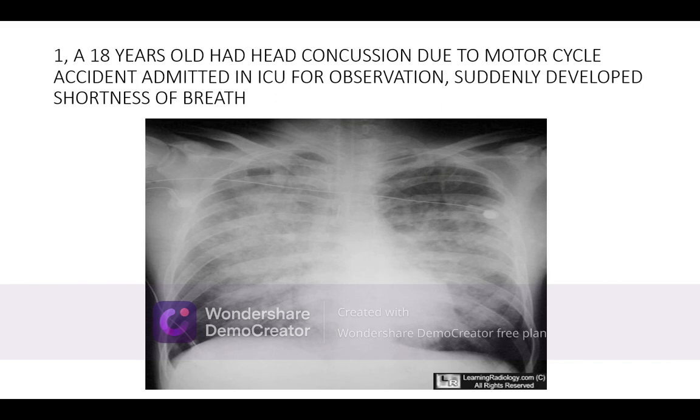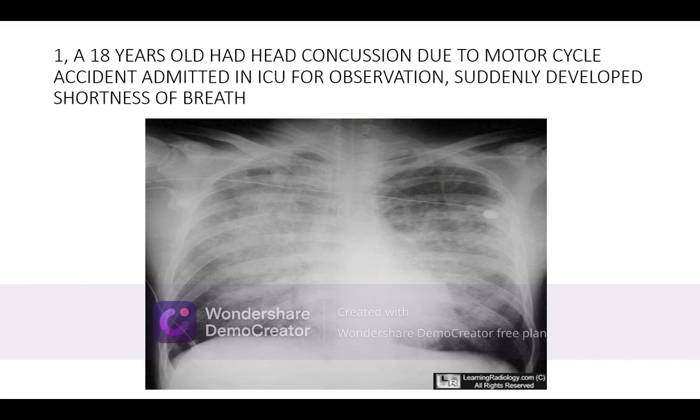The first X-ray was shown to you. 18 years old, had concussion due to a motorcycle accident, admitted in the intensive care unit for observation, suddenly developed shortness of breath in a very small duration of time. This is the X-ray which was taken while he was admitted. It is a lying position,